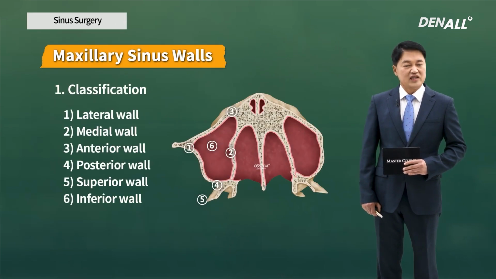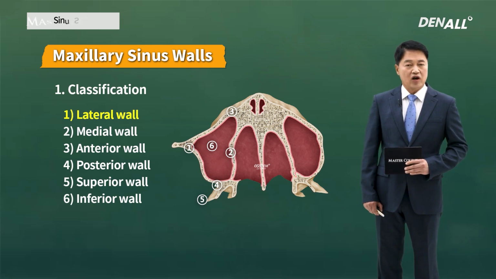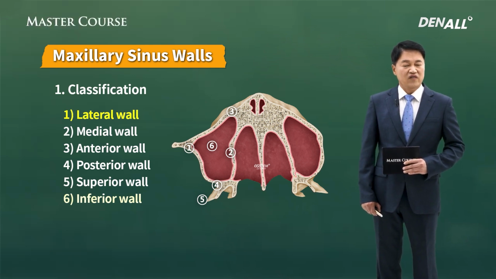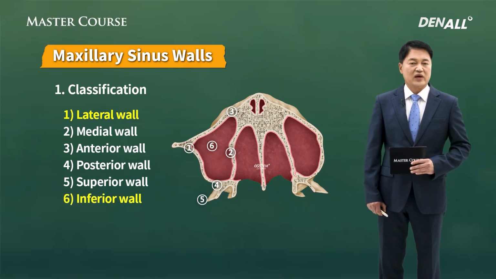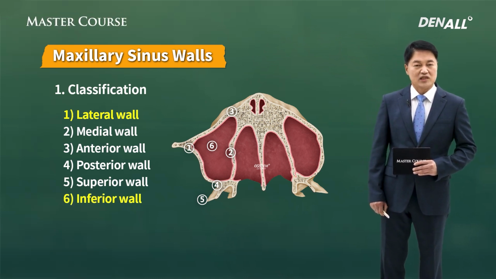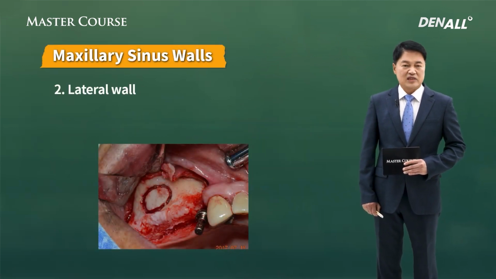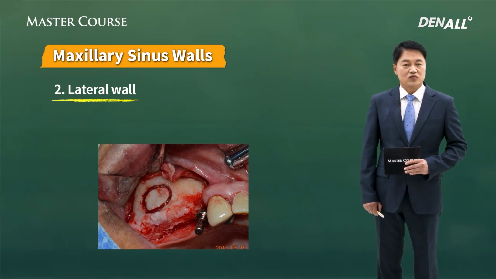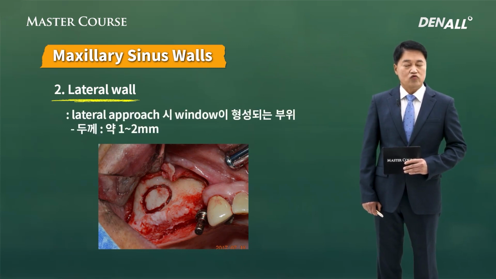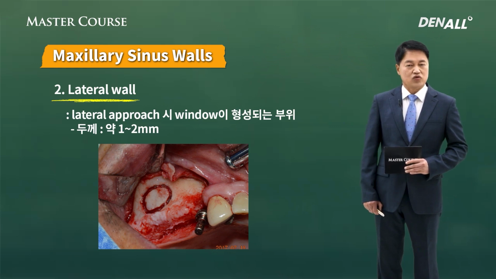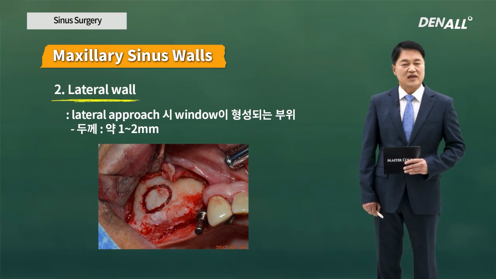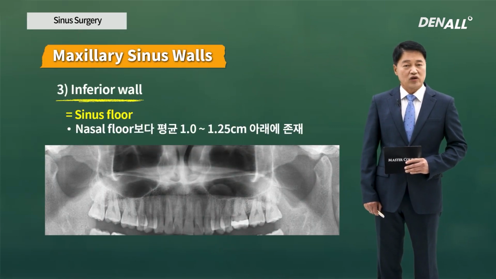Let's look at the maxillary sinus wall. The most important wall is the lateral wall. When you do lateral approach, it's very important, and inferior wall, which is utilized when we do socket lift. As mentioned, lateral wall, we create a window when we do lateral approach, and thickness is approximately 1 to 2 millimeters, and sometimes it can become thicker. In inferior wall